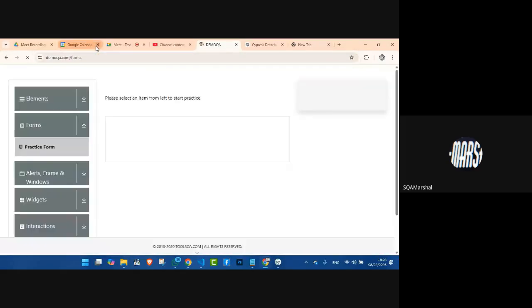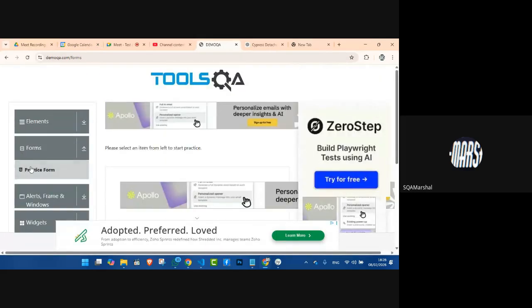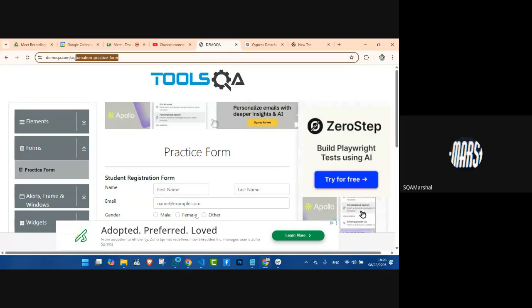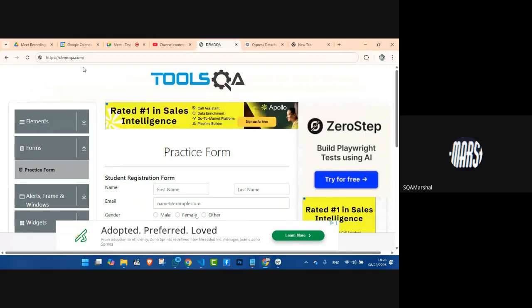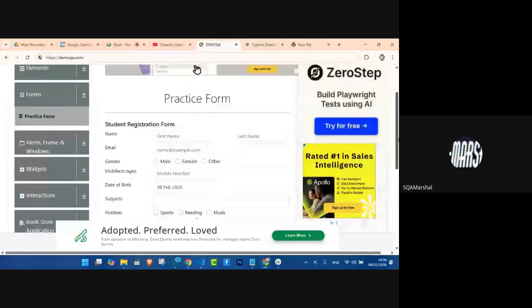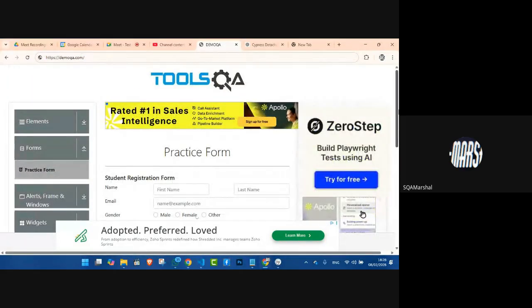Okay. So if I click on this practice form, it takes me down here, right? So what I want to do is navigate straight up to this page directly and then start automating immediately. So I want to save myself the stress of